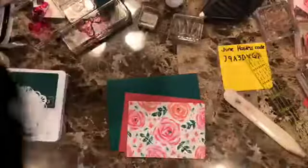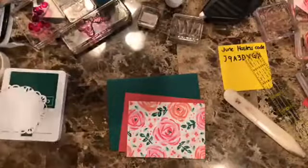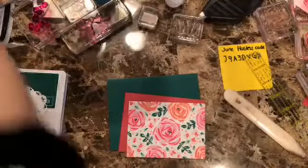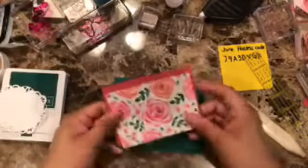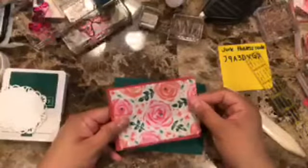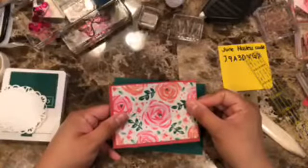Then I have a piece of the design series paper, and this one is called, what was this called? Garden Impressions. So this is the one. And I think it's a really great pack. It has lots of colors. And like I said, I'm trying to go by